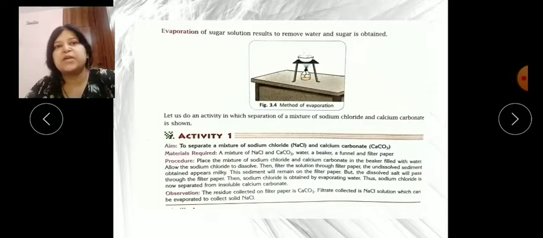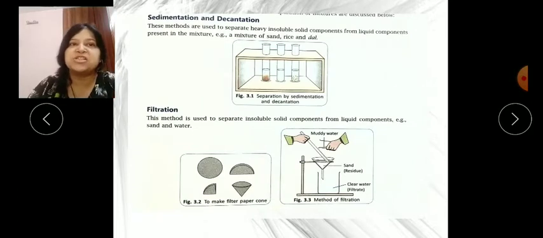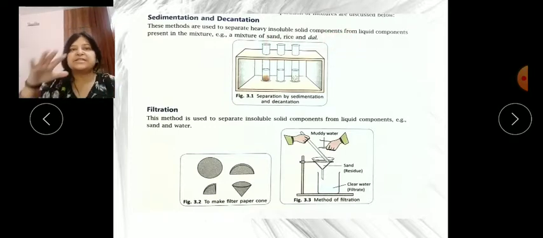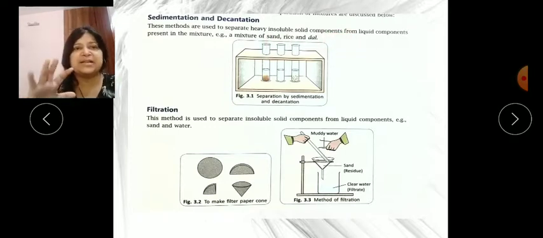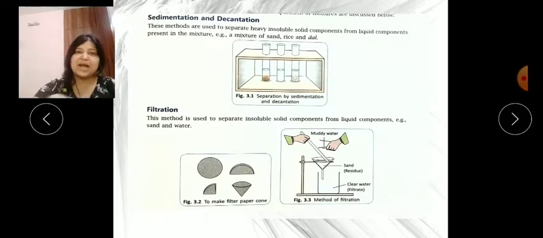Okay children, so today I have explained sedimentation and decantation, which work on heavy insoluble components. First let the heavy component settle down, and then transfer the water slowly into another empty vessel, so that the particles remain in the first vessel only.